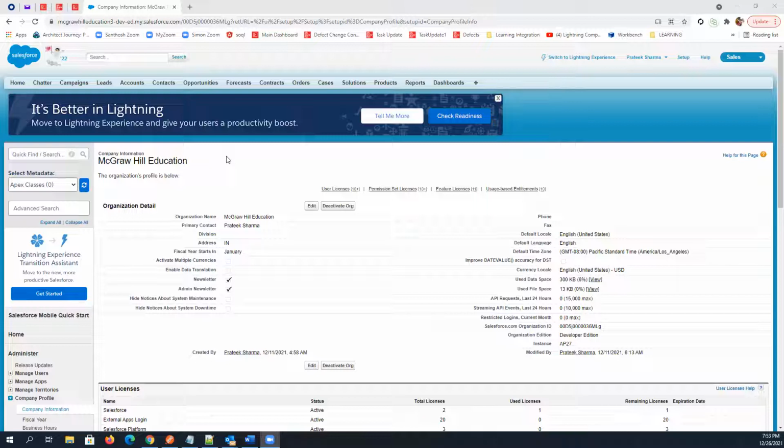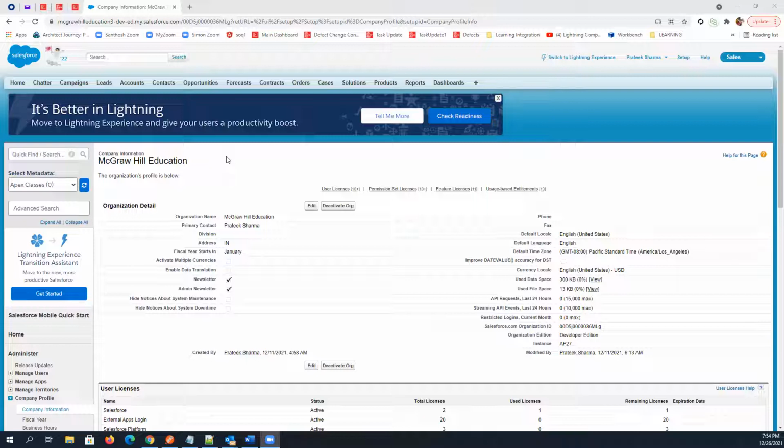Prateek, please repeat. Okay. So as I said, access is based on profile. Every user needs access, and we can only give access in this org directly using a profile. So a profile is nothing but a checklist of accesses that we can give, right? And one profile can be assigned to multiple users, because multiple users can have similar access level requirements. So we don't have to create multiple profiles for each one of them. We can simply assign a single profile to multiple users.